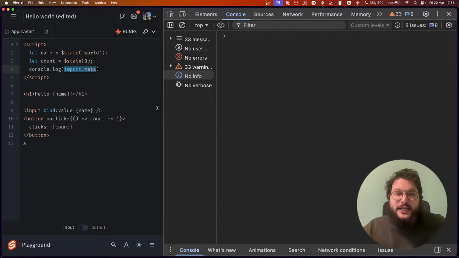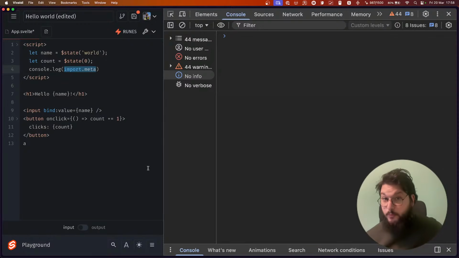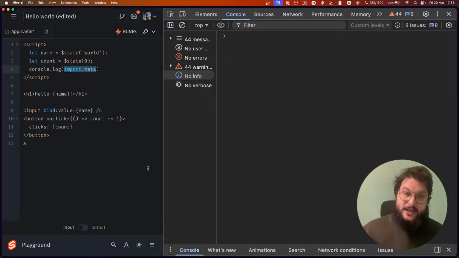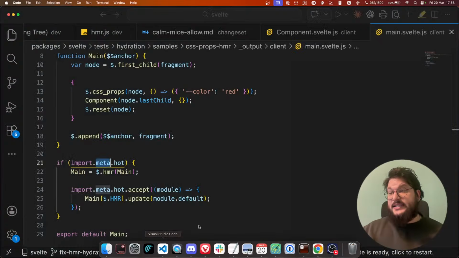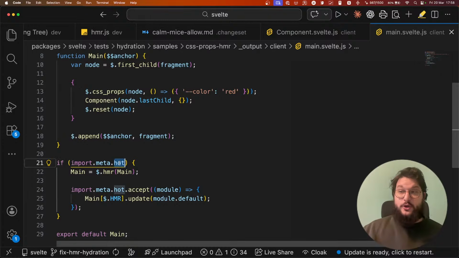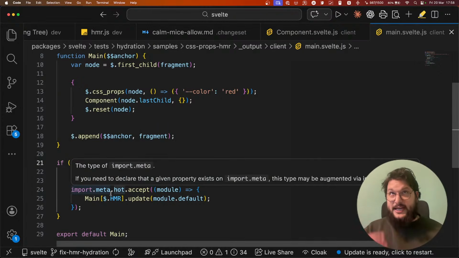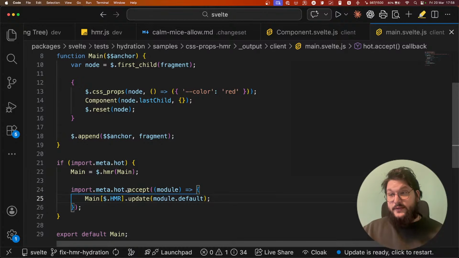For example, you might have seen inside a Vite project import.meta.glob, which is to glob some files that are handled by Vite. Another thing that Vite does is it has this import.meta.hot, which is basically an object that has a bunch of functions on it,